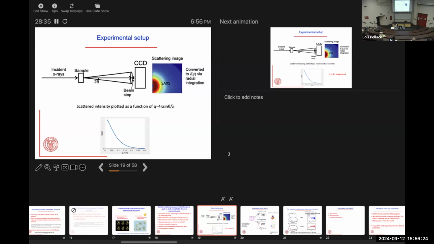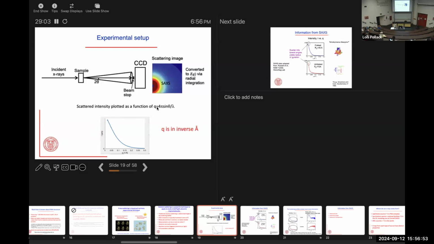And then what we do is we actually take the scattering profile. This is an image over here, and we go to a particular scattering angle here, 2 theta, and we just count all of the X-rays that are scattered to that angle. And then we put a point over here. We go to another angle and do the same thing. And we plot the intensity as a function of Q, which is essentially a function of angle. And I will say that the units of Q are inverse angstroms,